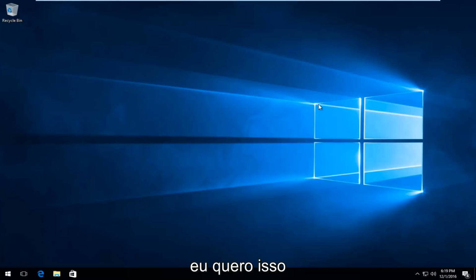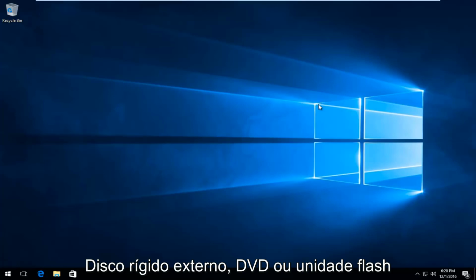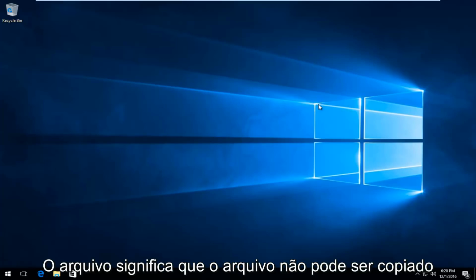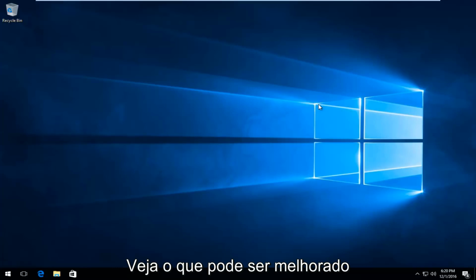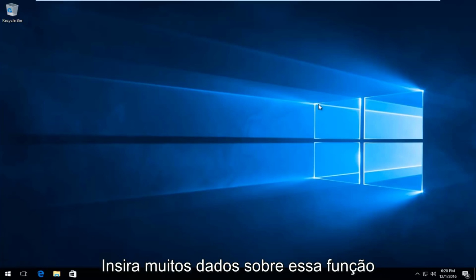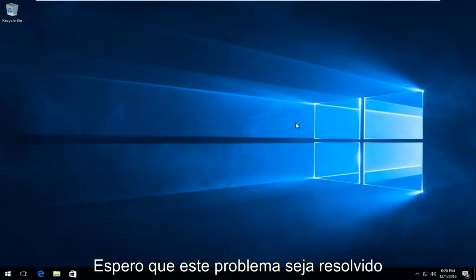Today I'm going to be showing how to hopefully resolve the "you do not have permission to access" error you might have when trying to access certain drives on your computer. So whether it might be an external hard drive or a DVD or a flash drive or you name it, you might be getting an error saying you do not have permission to access this file. That means you can't copy it, can't edit from it, which can definitely be annoying if you're trying to read and write a lot of data. So in this brief tutorial, I'll be showing how to hopefully resolve this issue.